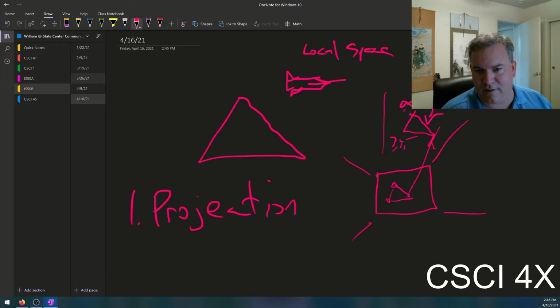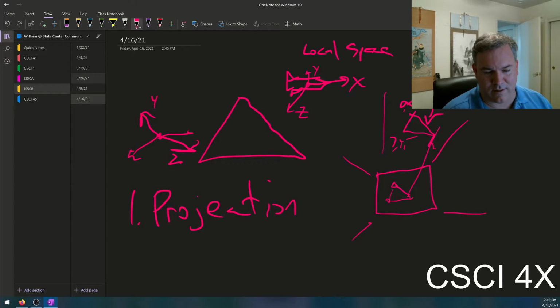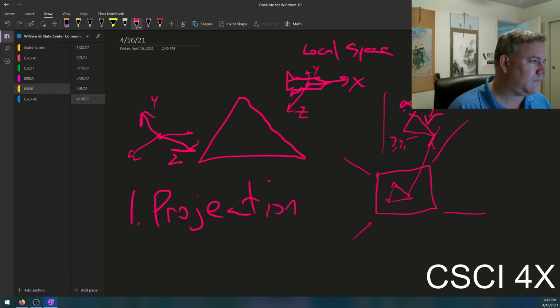And so this guy is going to have an X, a Y, and a Z, and this is the origin for the model. But in the world, maybe the X is this way and the Y is this way, and the Z is this way. And so to project from one space into the other, it's a matrix